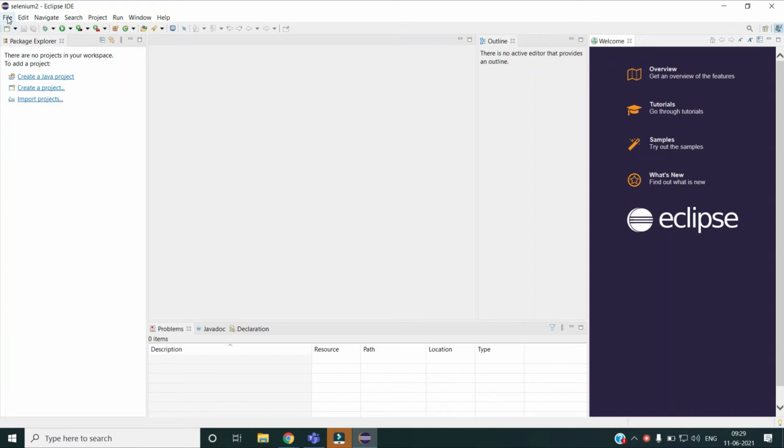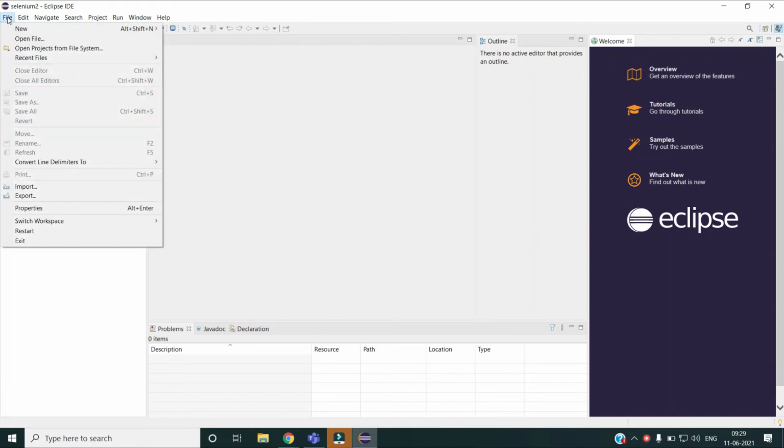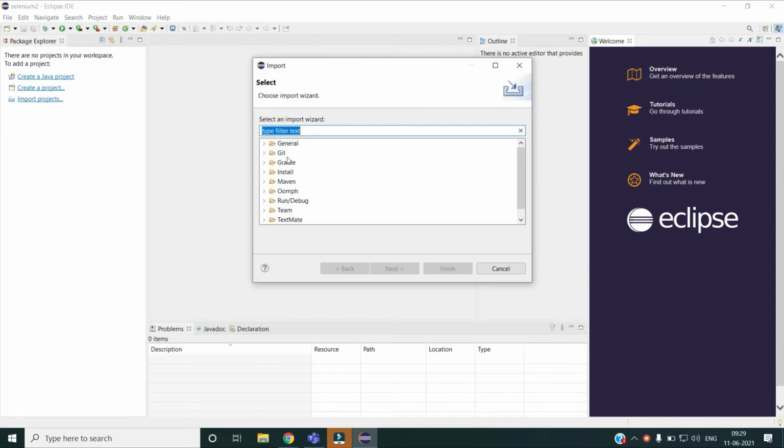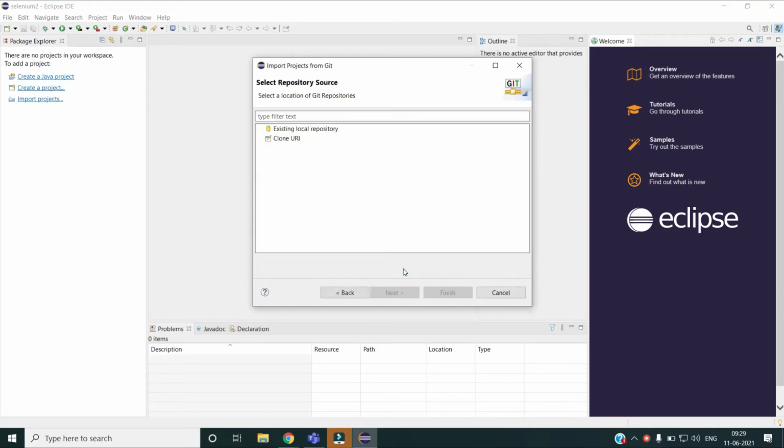So in this case, I'm going to take the clone of my remote project to my local system, that is my local Eclipse. In order to do that, I will click on import, and then I will go to Projects from Git. Next. Then I will select Clone URI. If there is some existing local repository, like a .git folder which is present, you can select that, but we are going to take it from remote, so I will do Clone URI.